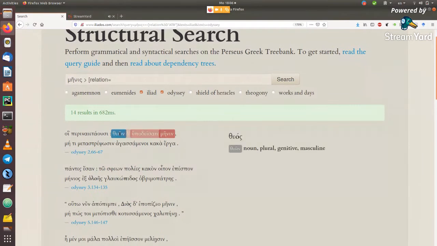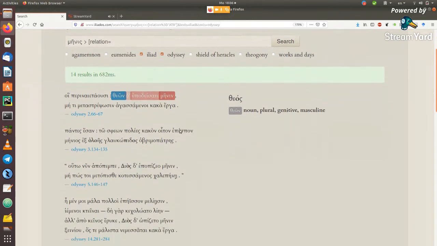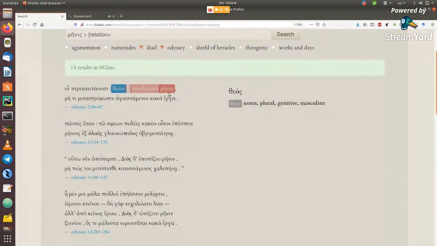Over here, for example, you can see that this theon goes with manis, and it's exactly the type of match that it's